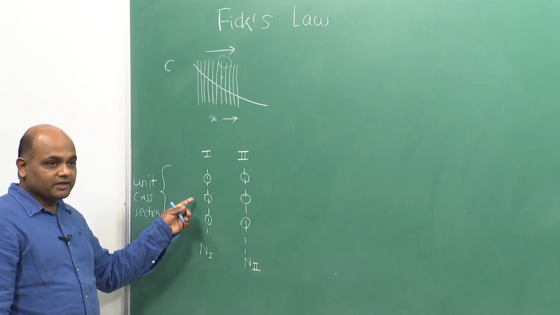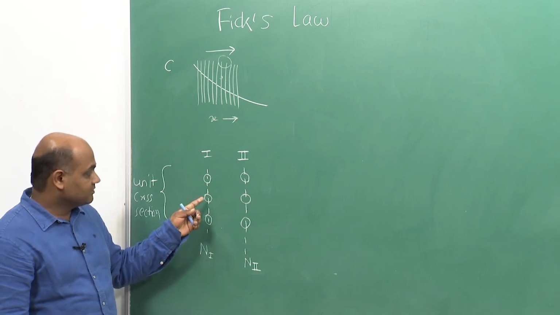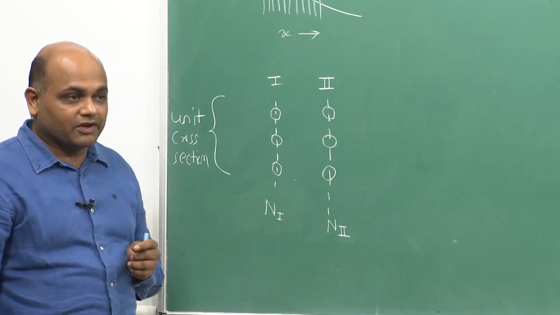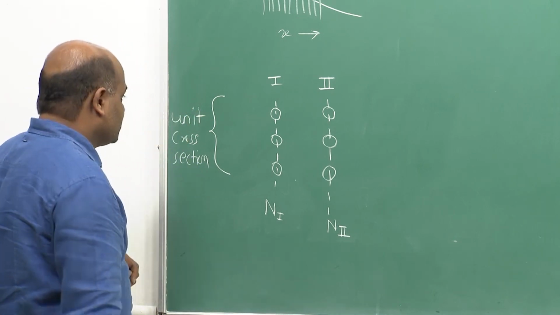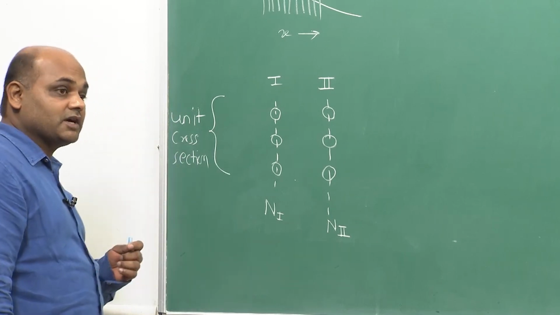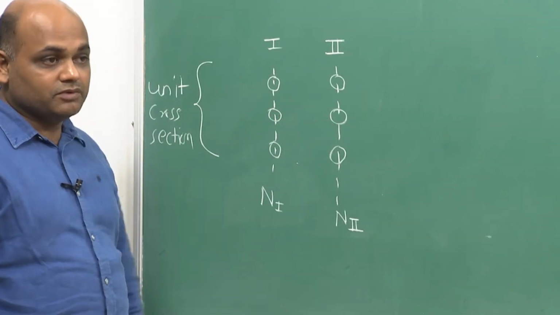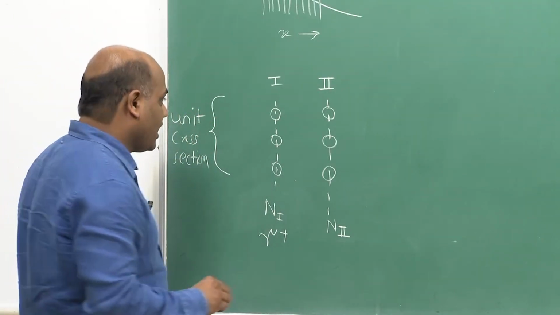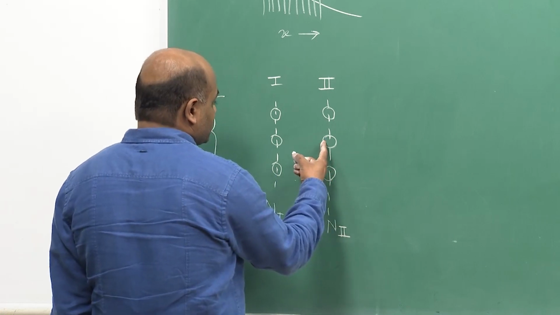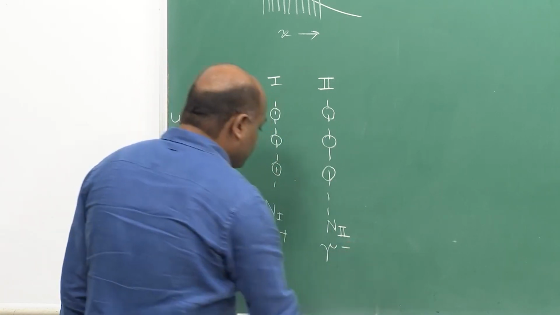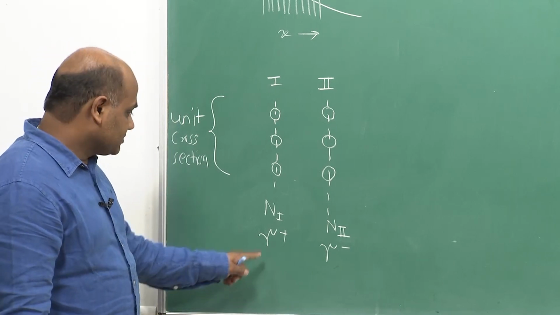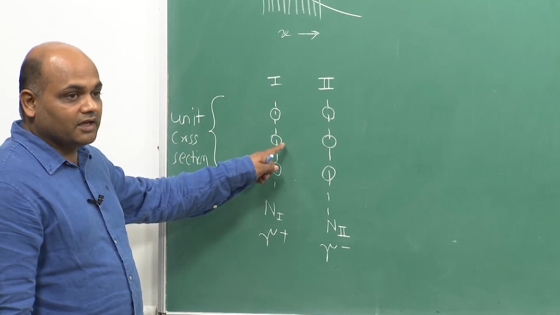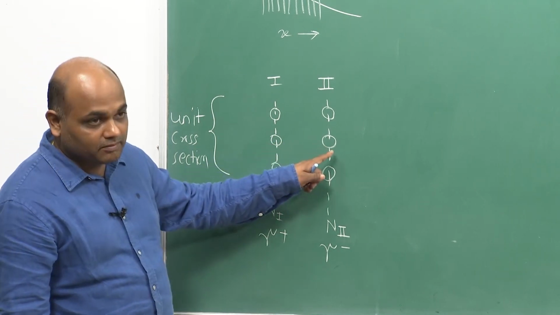So, per unit time there will be certain number of successful jumps that each atom can make, right. So, let us call it a jump frequency. Let us suppose the frequency of successful jump from plane 1 to plane 2 is gamma plus, and the number of successful jumps from plane 2 to plane 1 is denoted by gamma minus. So, gamma plus is basically